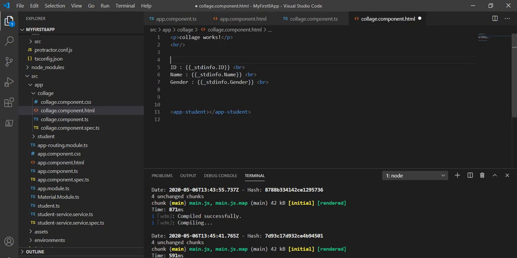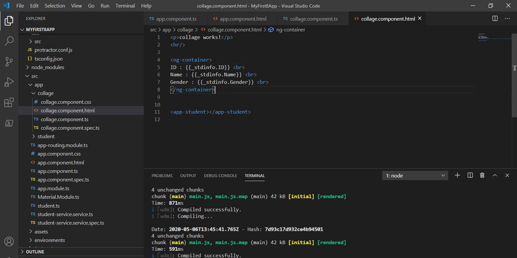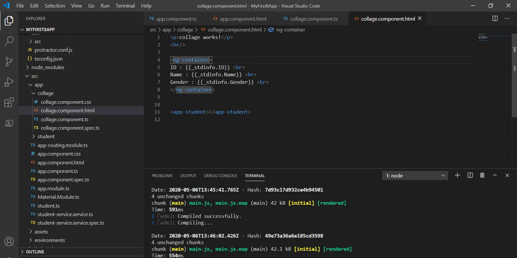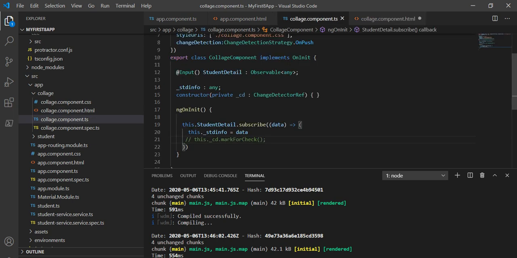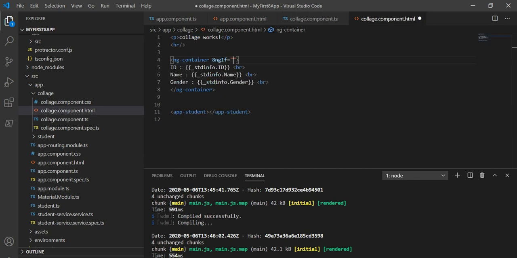So let's take ng-container, and inside this I will make it async using the star ngIf, and I will take this student detail, and I will make it async.